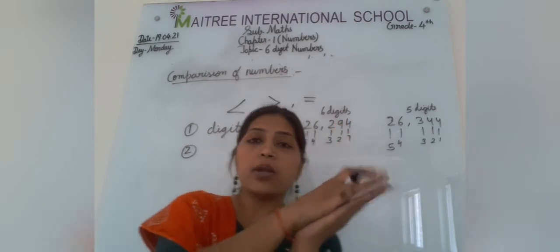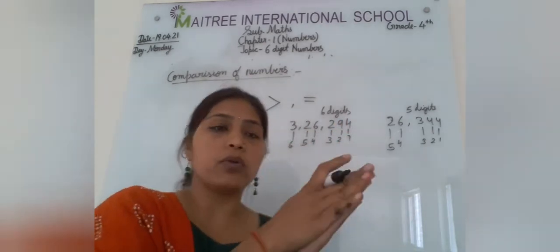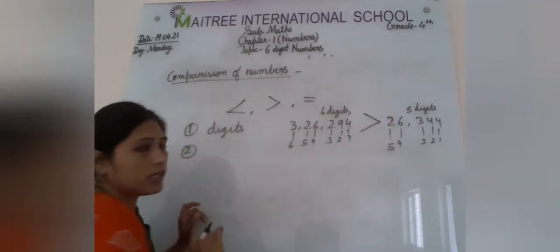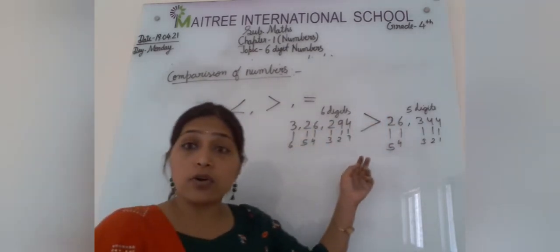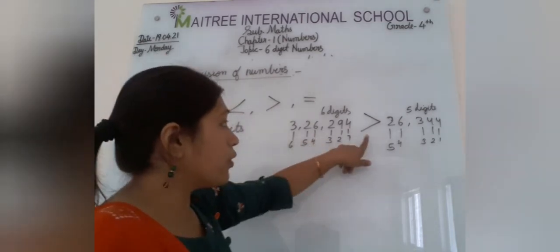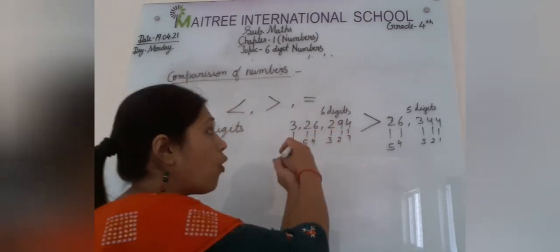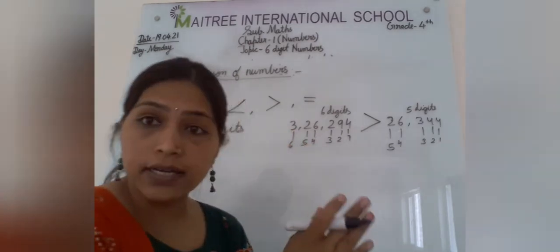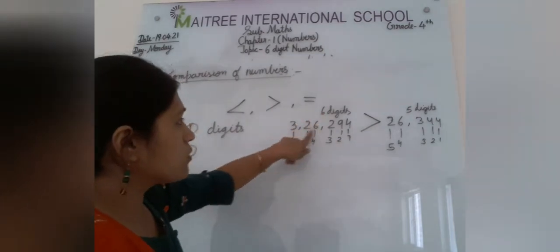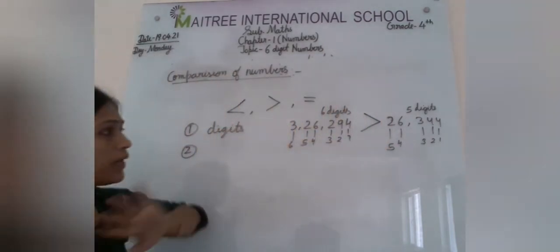जिस side भी bigger number होगा, crocodile का mouth उसी side open होगा. So this is the bigger number. The crocodile will eat this number only because it's a bigger number, and the crocodile loves to eat bigger numbers. Okay. So wherever the crocodile gets the bigger number, it will open his mouth towards the greater number always. So first we need to check digits. The number which has more digits, that is a bigger number.